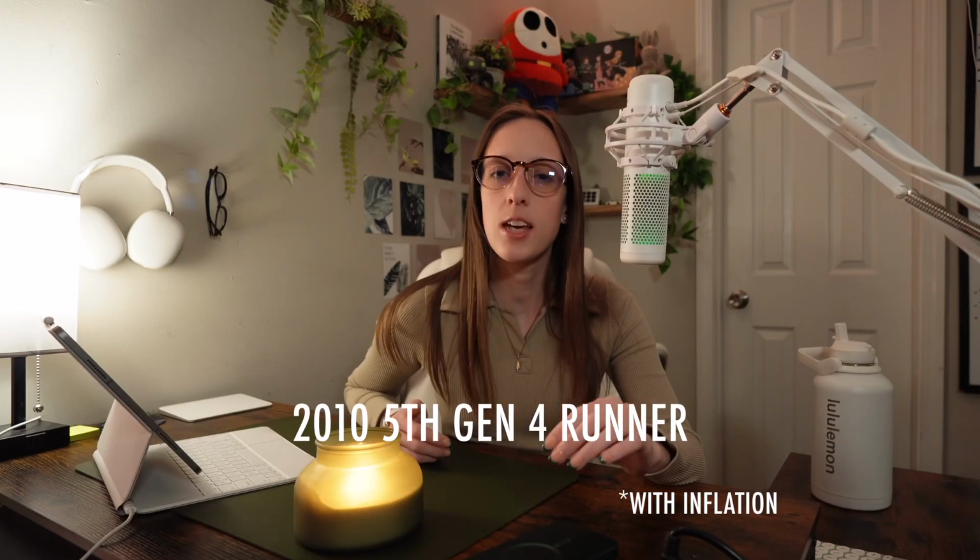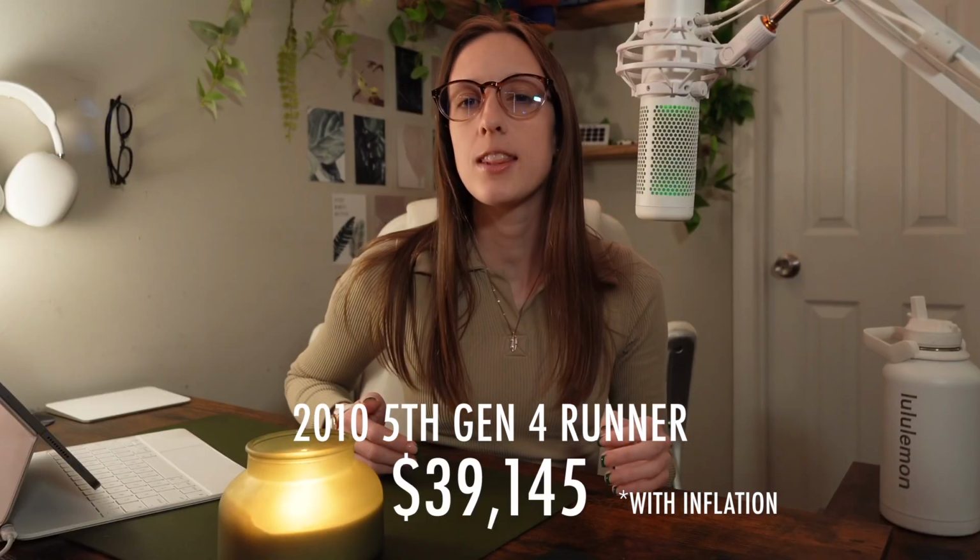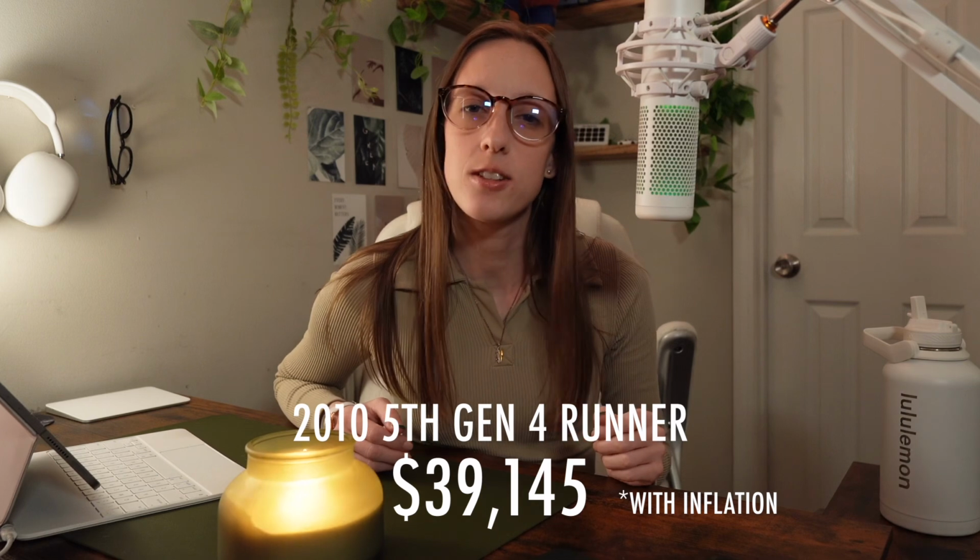And the 5th generation also saw new redesigns to the interior, such as new front seats and a new 3rd row seating option as well. And with inflation, the 2010 5th generation 4Runner would be released today at about $39,145. Now, all of this is just a recap on all of the previous generations of 4Runners that we've had so far,